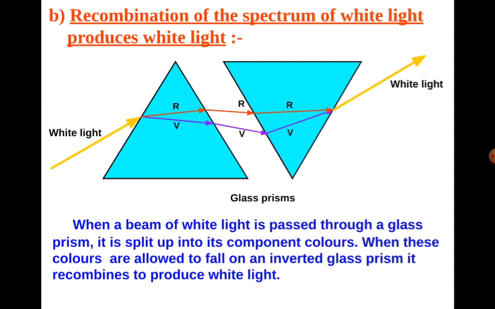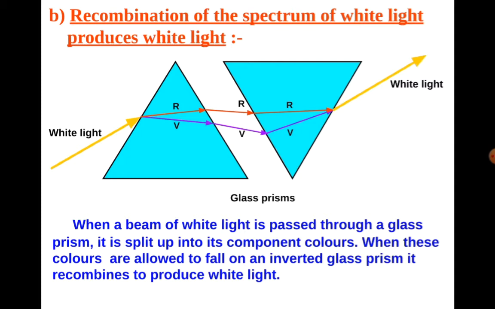I repeat what happens here. The first prism dispersed the white light into 7 colors, and then when it goes towards the base, all the colors while passing through the other phase of the second prism recombine to form the white light after refraction. So the first prism is known as the dispersing prism, and the second prism recombines the dispersed colors, therefore it is known as the recombination prism.